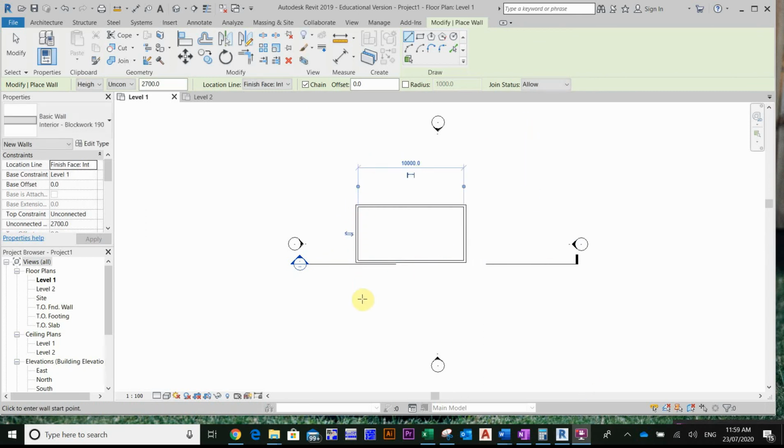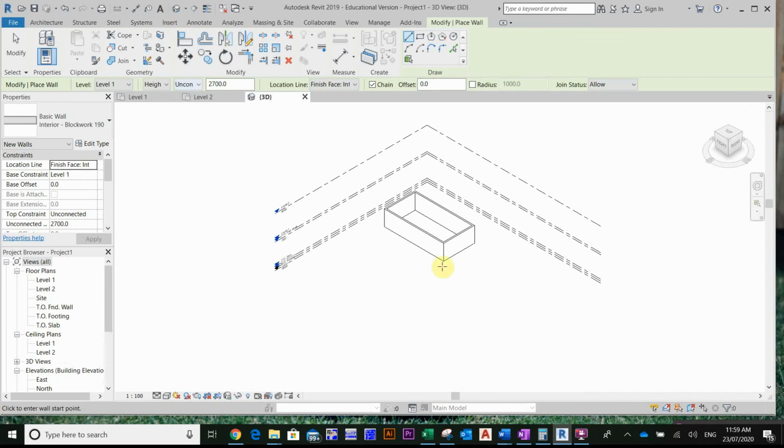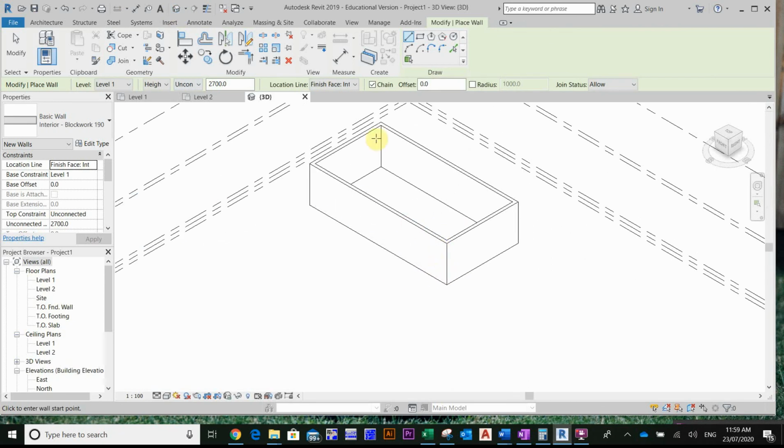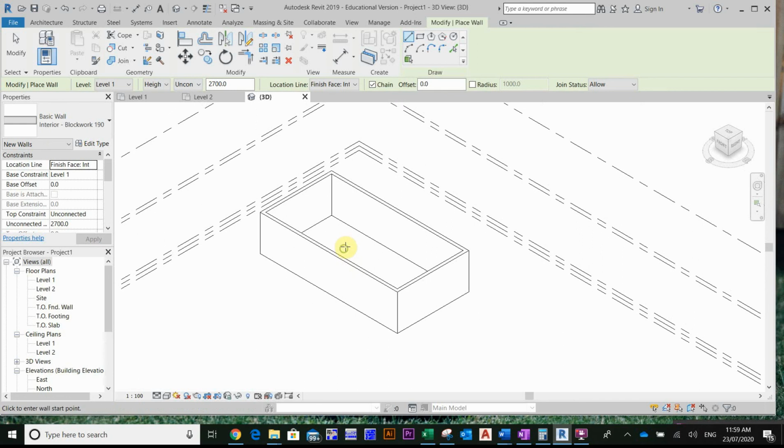So now that I've drawn that, guys, I'm looking at it in a 2D view, and to get a 3D view, I can simply click on this house up the top here. And that brings in a 3D view of what I'm looking at. What I'd like you to do now is